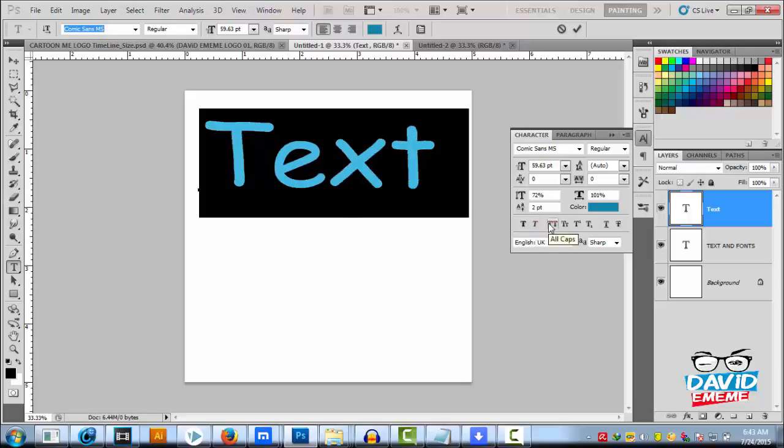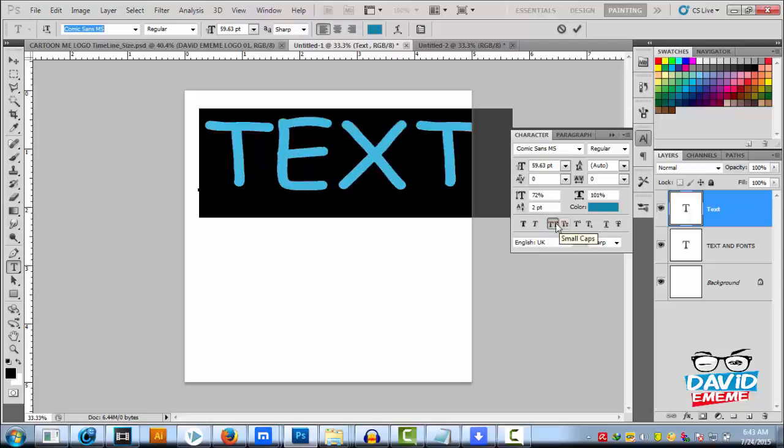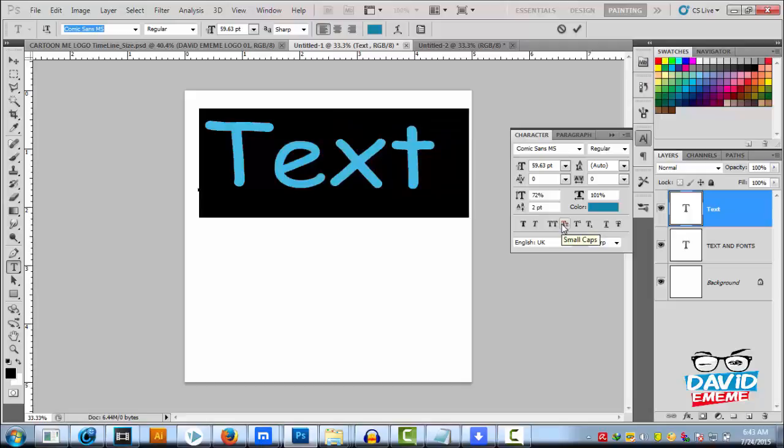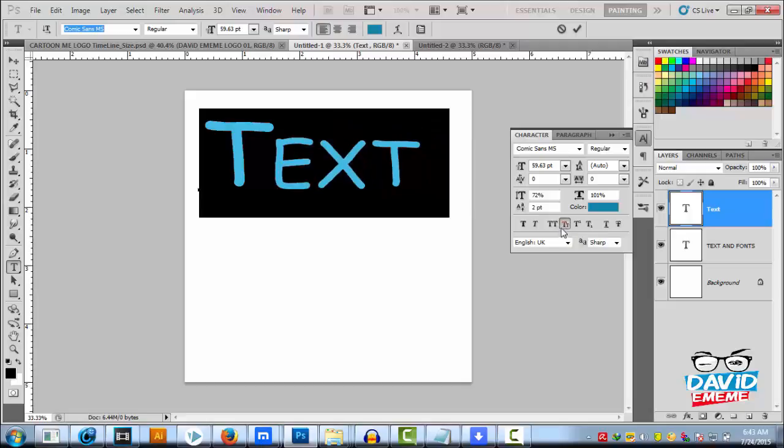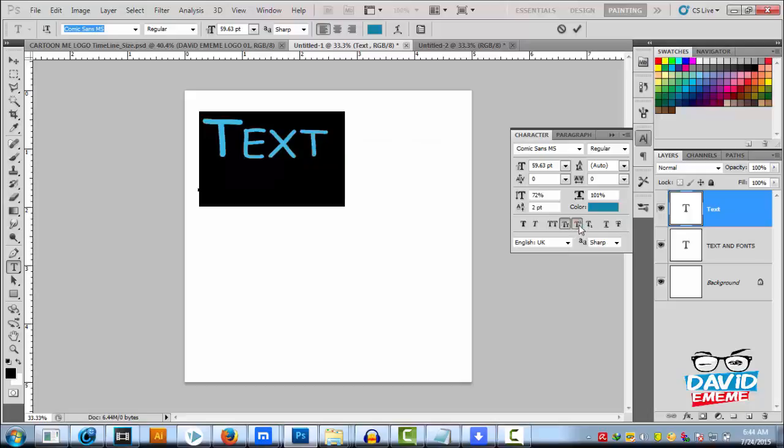Then all caps, you make it all capital letters, and small caps, starting with the big letter, then the rest is small letter. There are some fonts that have all the text in capital letters. Some have small letters, like this font I'm using, they are all capital letters. This is subscript, probably a superscript. Subscript simply means